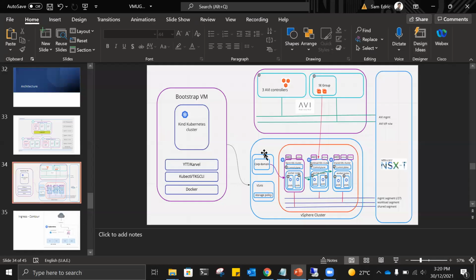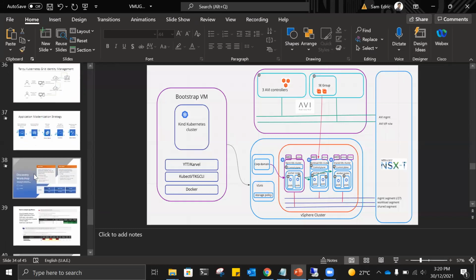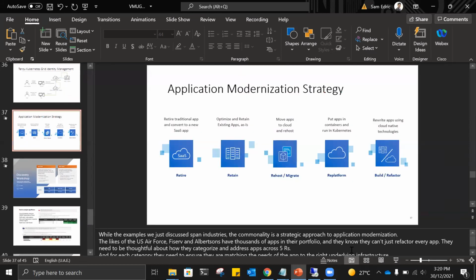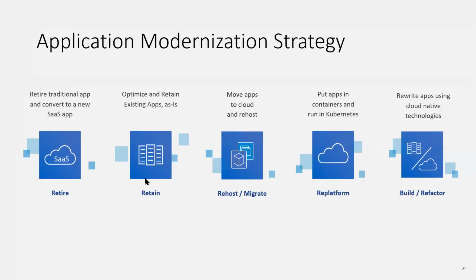Maybe next time I can show a longer demo, because due to the shortage of time, we still have a lot more to cover. The next part is more about the app modernization strategy, and this is more likely to be theory. Here we are going to talk about what exactly we do on app modernization, or how exactly we are going to help customers move from monolith applications to run on the Kubernetes platform that we saw, how we are going to leverage all the tools that we saw till now, and help move the applications to run on it.